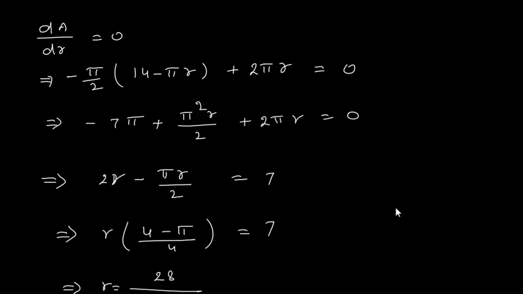From this we can take 2 common, right? What we can do is, this is minus 7 pi upon 2, this is plus pi square r upon 2, then we have plus 2 pi r, okay. Then pi, as it is common, we have cancelled, and we have 2 pi r as